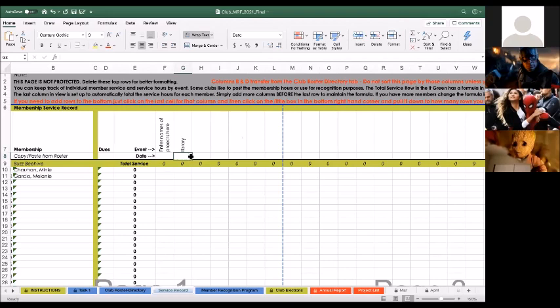So for library, if someone went multiple dates in April, you can just put April and that'll still count, as long as it's a way for you to organize everything.